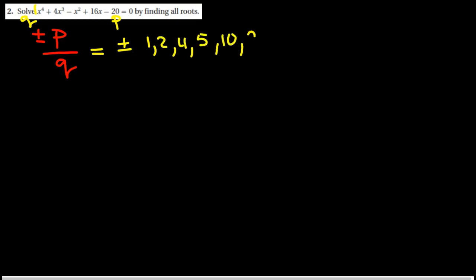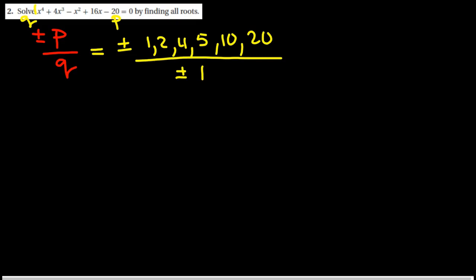Yesterday we learned about the rational root theorem and all the possible roots that there may be. So plus or minus p over q, where p was the constant term and q is the leading coefficient. So that gives me possible rational roots of plus or minus 1, 2, 4, 5, 10, or 20, all over a leading coefficient of 1. So that doesn't give me any fraction possibilities. But still, that's plus or minus 6 times 2, which is 12 different